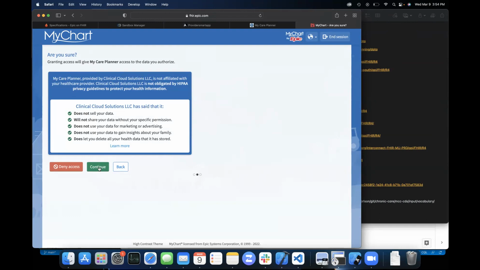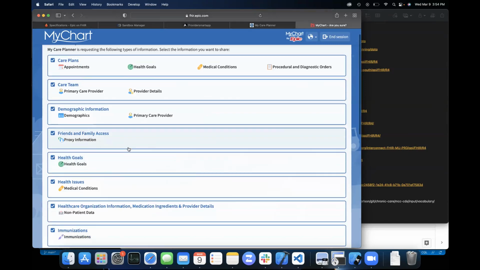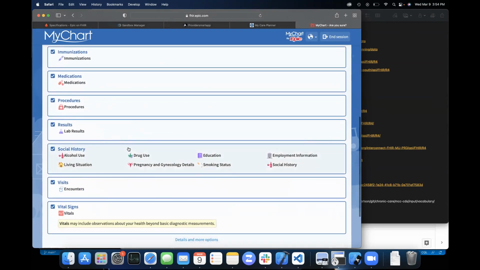I won't go into all the detail on this. These pages are presented by Epic. It's a requirement of the 21st Century Cures Act for patient-facing applications that the patient be informed about who is providing this application, if other than their healthcare provider organization, and also to make an informed choice about what data the application is asking for.